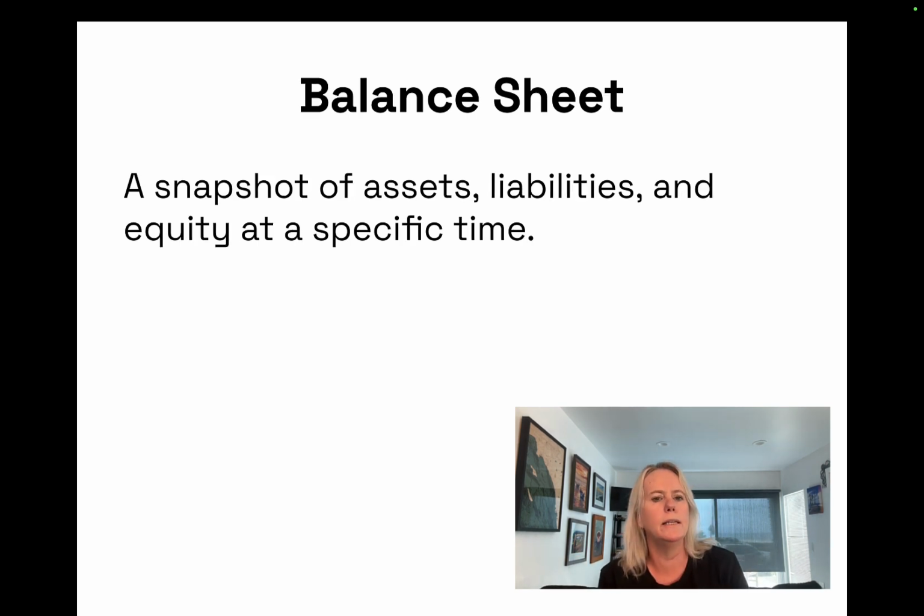The balance sheet is a snapshot of assets, liabilities, and equity over a specific time. Your balance sheet is your visual representation of the accounting equation. So what you will notice in the balance sheet when we go to the accounting lecture is the assets on the asset side always have to be equal with the liabilities and equity on the liabilities and equity side. So the left side has to equal the right side. That's gravity in your business.